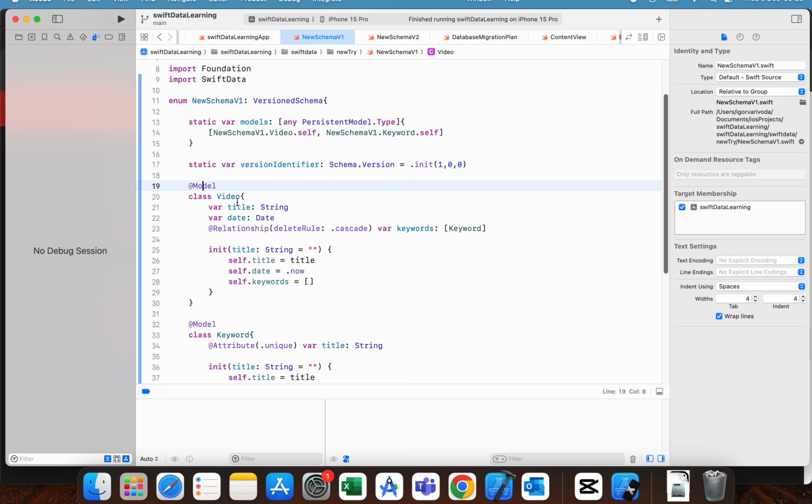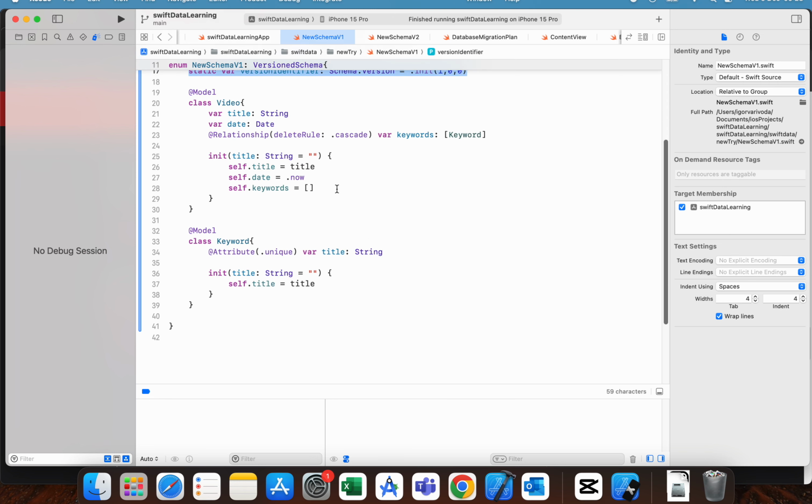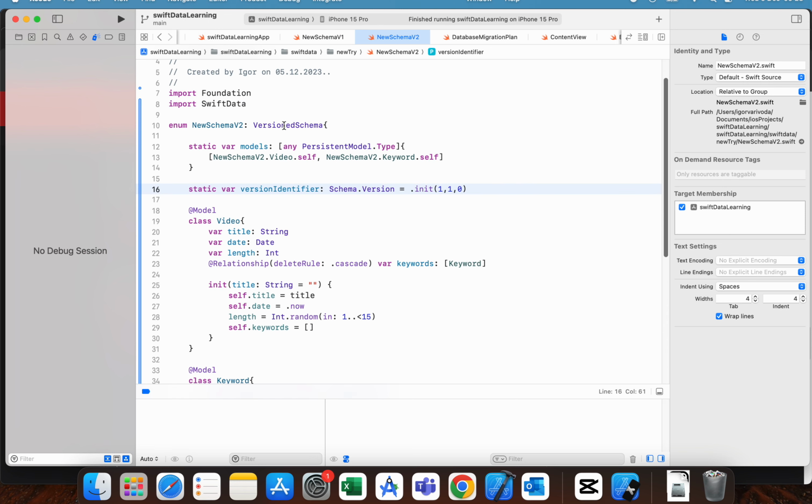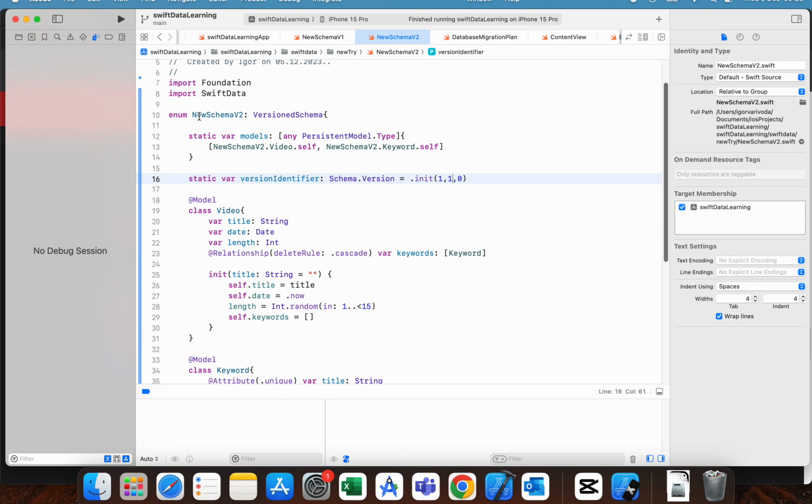Here I have two models, Video and Keyboard. They are defined inside this enum. This is the static version identifier, the schema version. So the first version is 1.0.0. That's it. Then we want to migrate to version 2 of our local database, which is this enum that is